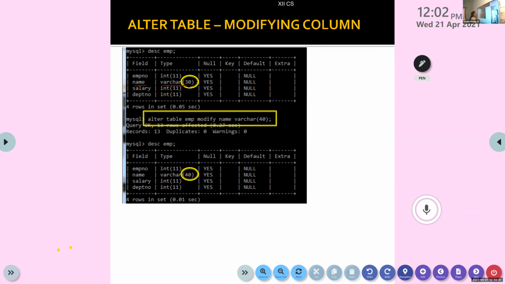Only after creation do you realize that 30 is not enough. You need to change it to 40. So you have to use another keyword, that is, what is the keyword? Modify. Alter table EMP, modify the column name, then varchar and the changed data type size, varchar 40.